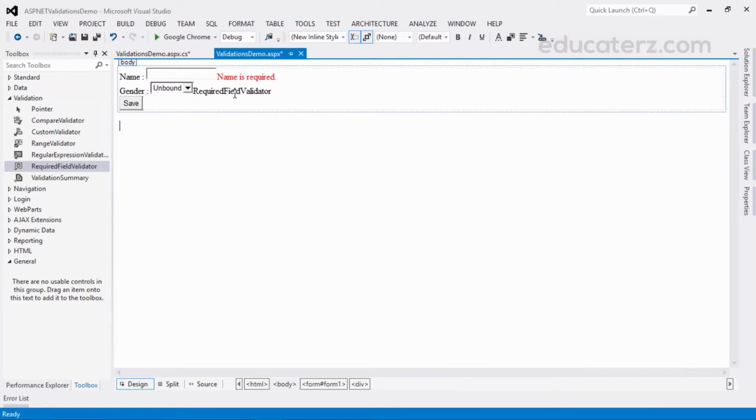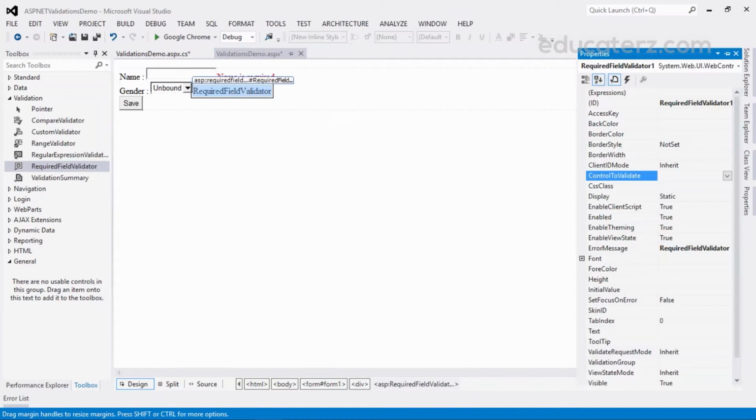That's it. Now let us do the same thing for this second required field validator, RFV gender. First thing we need to take care of is the error message. Gender is required.